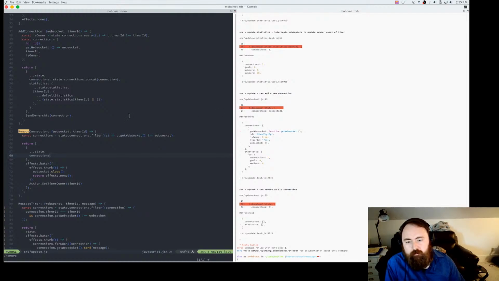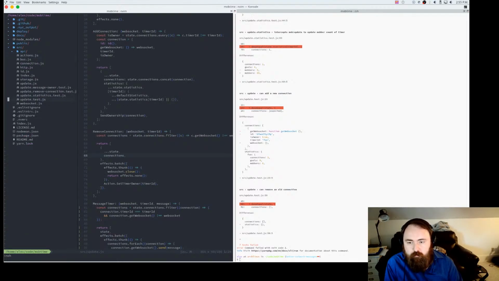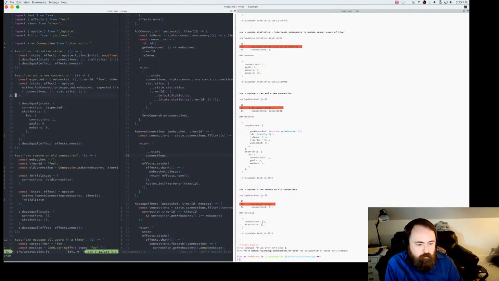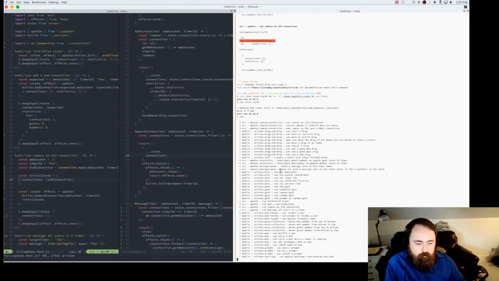We still get an empty statistics, so that's interesting. I am intrigued. Oh, you know why? It's probably because my initial assertions are wrong. Yeah, so I've got this empty statistics going in here as well. Yeah, okay. I was just misreading that.